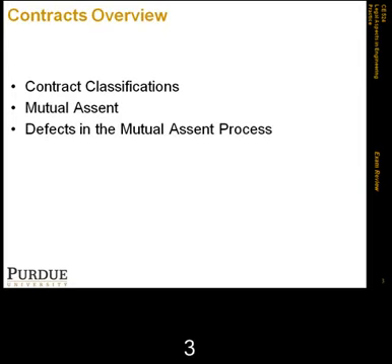And then basically we also had other defects of mutual assent, including economic duress. So in the past we used to have something called physical duress, where people were forced to enter into contracts by having someone basically point a gun at them and ask them to go ahead and sign a contract. Now it's more the case that people may enter into contracts under something called economic duress, which is a